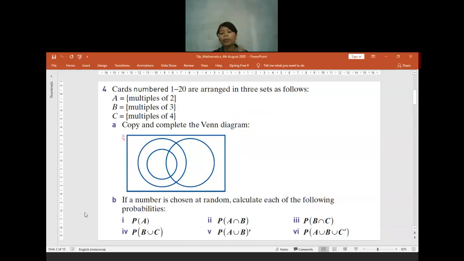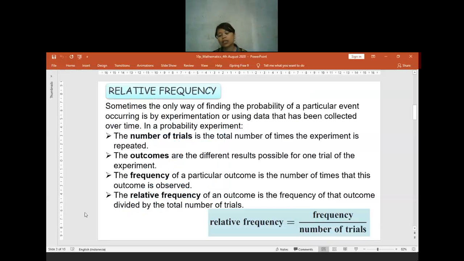Later, probability is actually an easy chapter as long as you read the question properly and try your best. Probability is way easier than the arc length. Yeah, I know. That's why I decided to move to probability first before I go to the factor, because the factor chapter will involve drawing again. I don't think you will like it if you have a lot of drawing in our class. So I skip the factor and go to probability because it is easier. So later if you have any difficulties or confusion, please feel free to ask me any question.